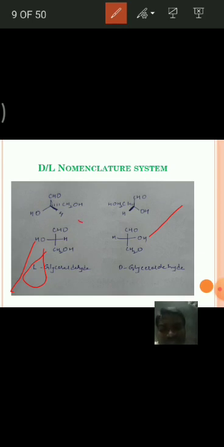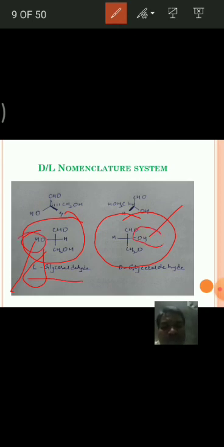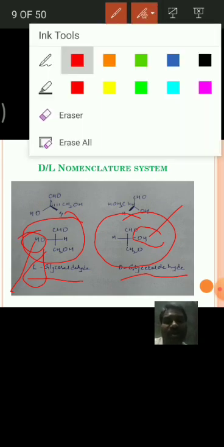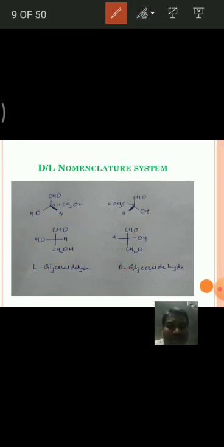That means if glyceraldehyde has two isomers, for assigning configuration to those two isomers, if we observe the Fischer projection, the molecule in which the OH group is at the left side is called L-glyceraldehyde. The molecule in which the OH group is at the right side is known as D-glyceraldehyde. That means by taking this glyceraldehyde as the origin molecule, we can assign this DL configuration to other compounds.